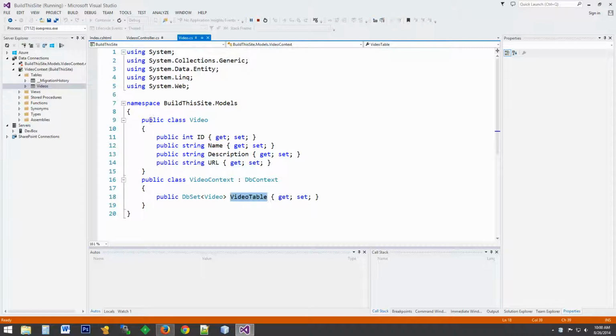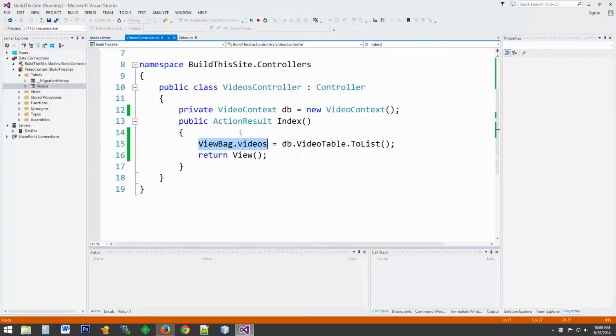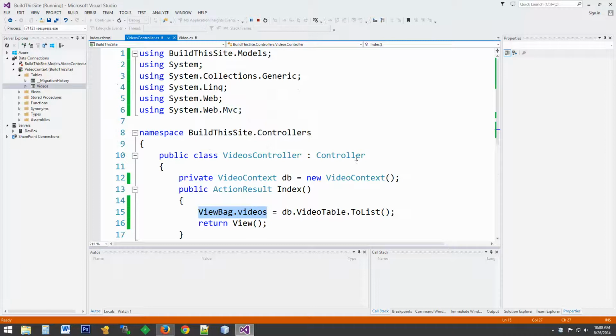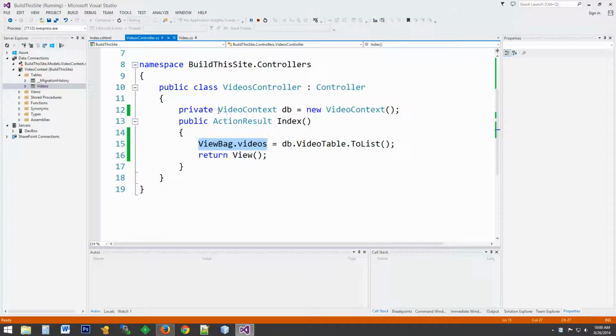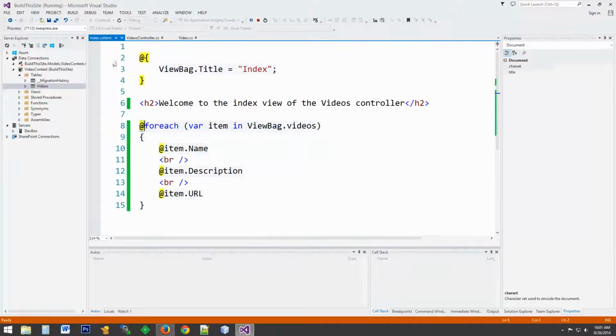You have your public class, your context, you create this videos controller, and it's going to pull from the DB context, or the video context, which is going to get a list of all of the items in our database. We're passing it in using ViewBag to our index, and we're just going to use a foreach loop to go through each item in the ViewBag.Videos and just output it. So in the next tutorial, we're actually going to start doing some meaningful